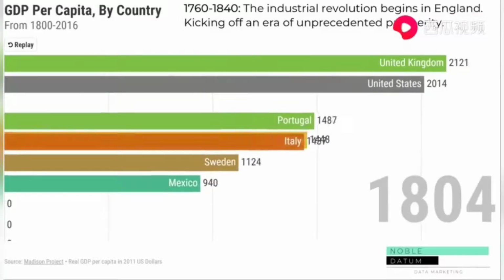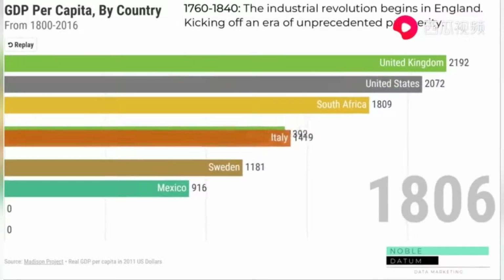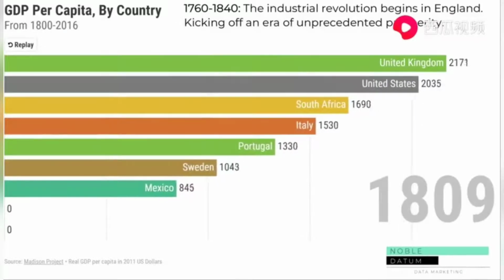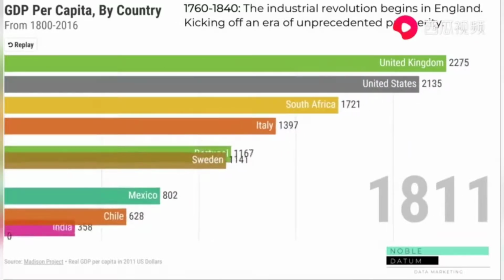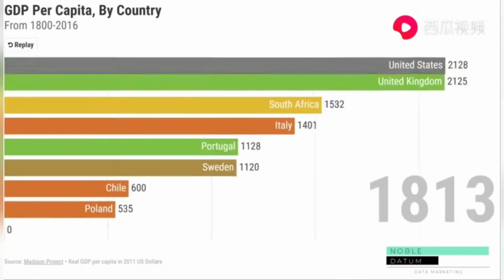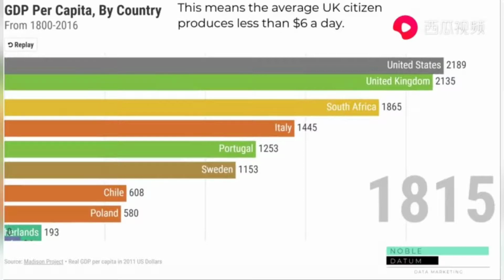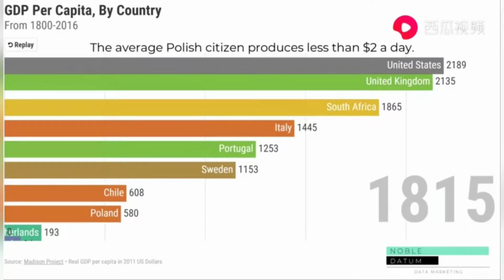We start in 1800, midway through the Industrial Revolution. A spark ignited in the United Kingdom that would gradually spread unprecedented prosperity throughout the world. At this time, unprecedented wealth means that the average person in the UK produced less than $6 of economic activity a day. However, this makes them 3 times wealthier than the average Polish resident, who produced less than $2 a